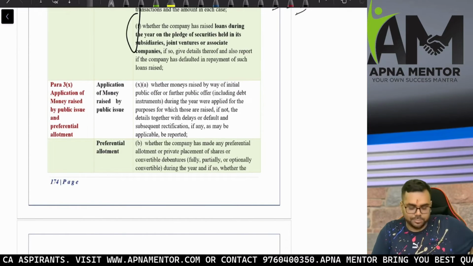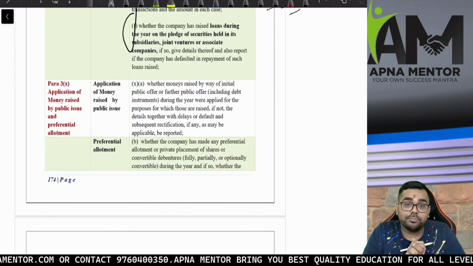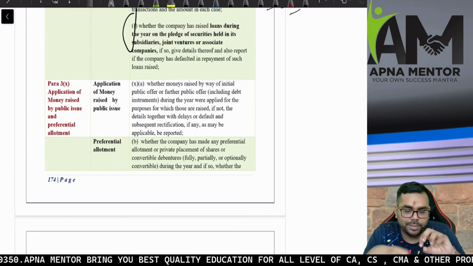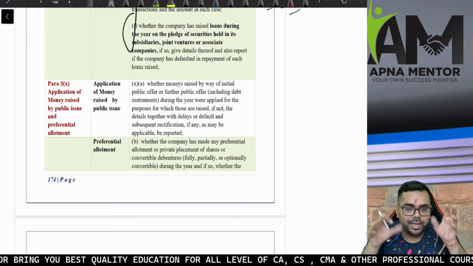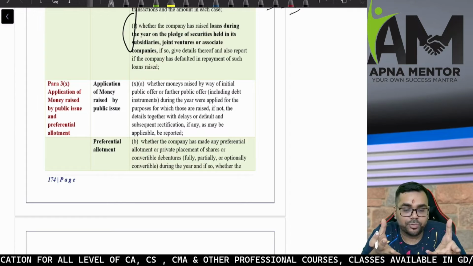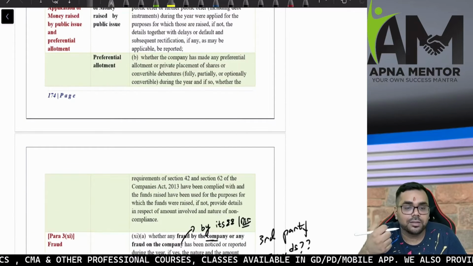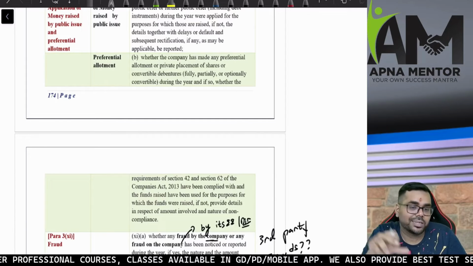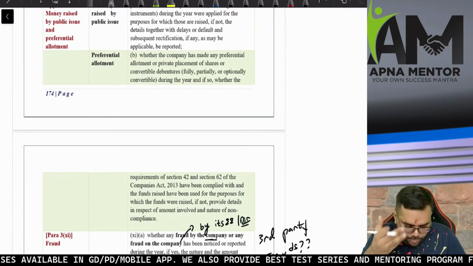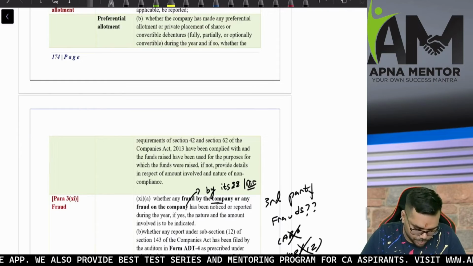That if the company has raised money from the general public by way of IPO or FPO, I need to report whether it is utilized for the same purpose. If the company has raised the money by way of private placement, by privately circulating the document among the members that we want certain kind of money, and that is a private placement only from family, friends or relatives, in that particular situation, section 42 is applicable. If the company has made any kind of rights issue, section 62 is applicable. So section 42 and section 62 lay down the conditions for private placement, rights issue, etc. So if the company has made any kind of preferential allotment or private placement, whether section 42 and section 62 of the Companies Act are being complied with, that is what I have to report.